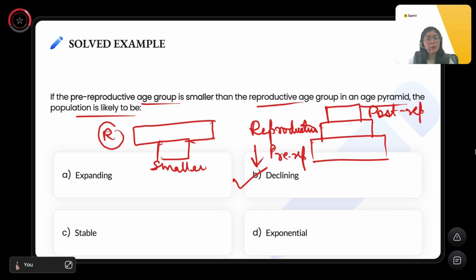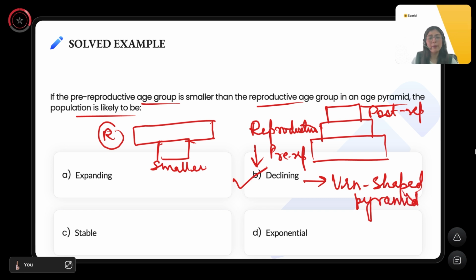एंड यहाँ पे अगर हम पिरामिड की बात करें तो किस टाइप का पिरामिड देखने को मिलेगा? यू विल सी एन अर्थ शेप्ड पिरामिड। ओके, सो यहाँ पे एज पिरामिड के साथ जैसे एक्सपैंडिंग पिरामिड में यू विल सी एन अपराइट ट्रायंगुलर शेप। ओके, तो आपको ये शेप्स भी याद रखने हैं विद रिस्पेक्ट टू कि क्या एज पिरामिड में क्या शेप देखने को मिलेगा। क्लियर? लेट अस मूव ऑन टू द नेक्स्ट क्वेश्चन देन.